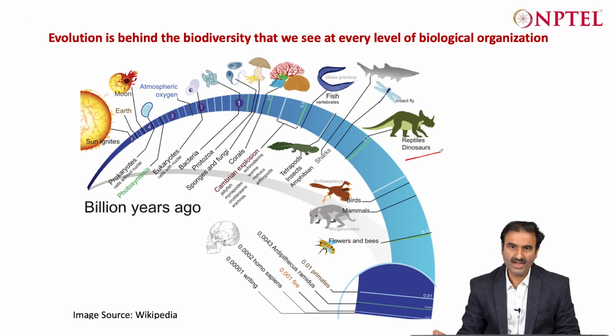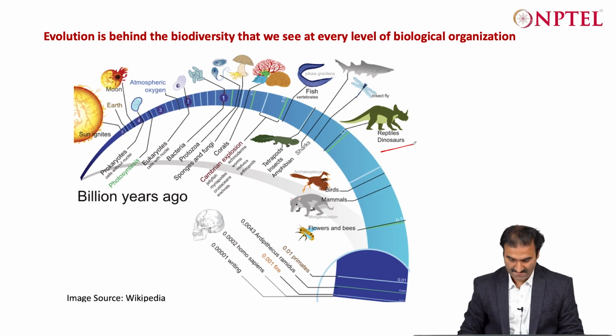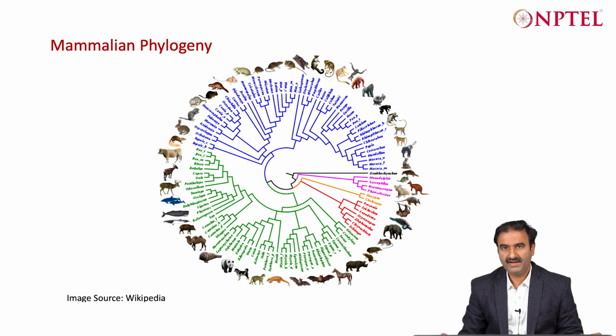Another thing that you can observe here is a kind of timeline where we can see which organism evolved at what point of time, which is also very important. And also the speciation events that led to differences between the organisms, the diversification into various species. And then we can connect anything that we see around us in the form of an evolutionary tree,